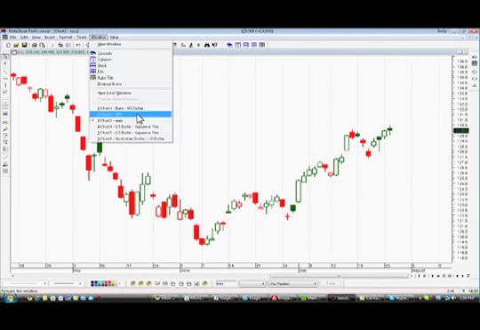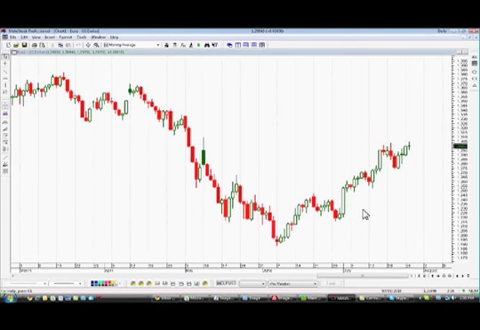Now I like to use the actual exchange rate itself, which is also very easy to find. The only difference here, and this would probably be the only thing I want to point out, is that over here in the right-hand column on prices, the Euro USD is priced as an actual exchange rate, which means that right now it's telling us that it costs $1.2996 to buy a euro. So it costs that many dollars to buy a euro.